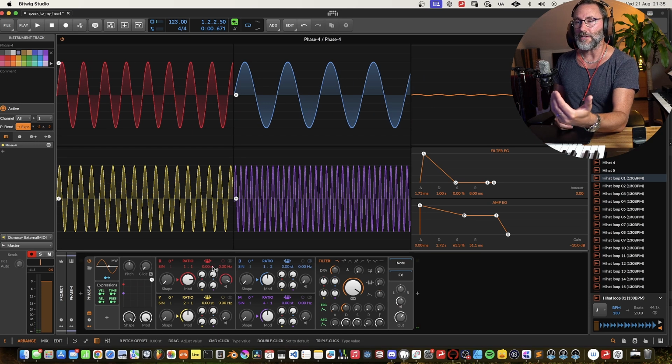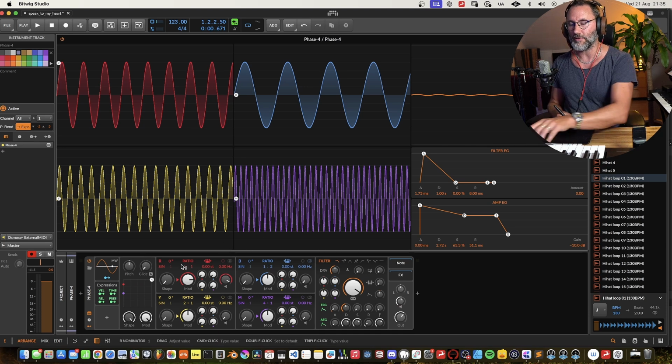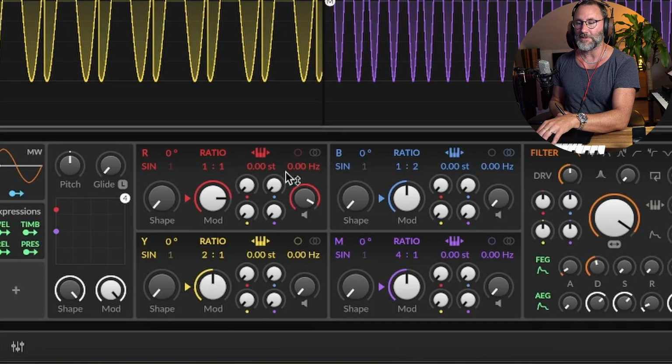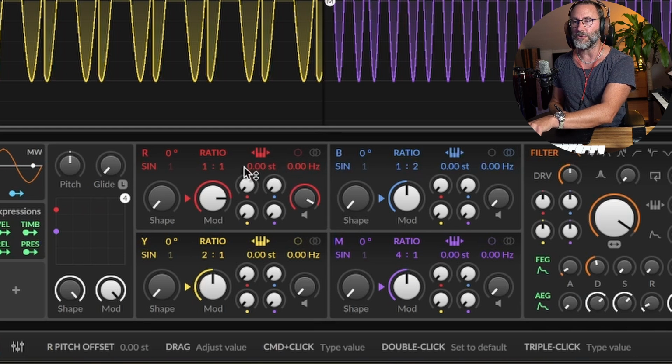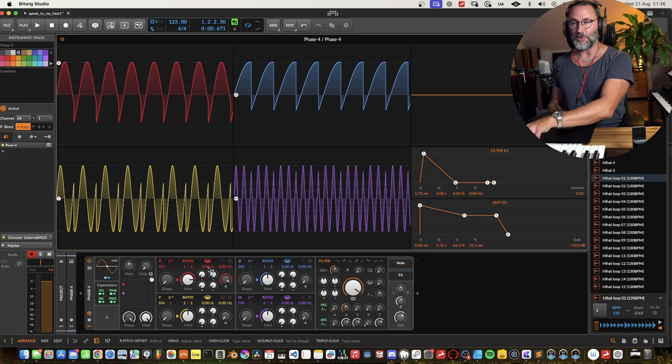And we can also change the pitch of the oscillator by changing this pitch offset, because sometimes you want to use other values than just the pure ratios of the oscillator. But let's keep our original carrier source sound generator to be the exact pitch that we play on the keyboard. So we set the pitch offset at 0 and the ratio to 1:1.